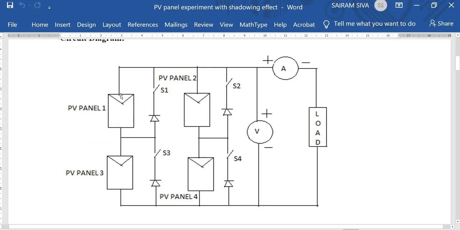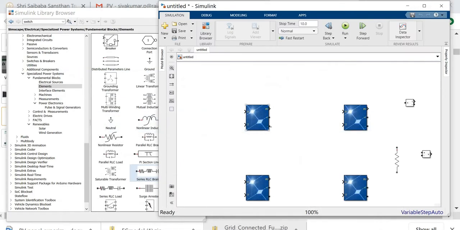This is the negative, this is the positive, it is connected to the ammeter, then the load. The negative is connected and then connected to the load. So this positive goes to the positive of the voltmeter, and then the negative. The same operation, positive and negative I have connected. Again negative and positive I am going to connect. So the ammeter is to be connected in series with the load. This is the basic thing, you already know this, right?